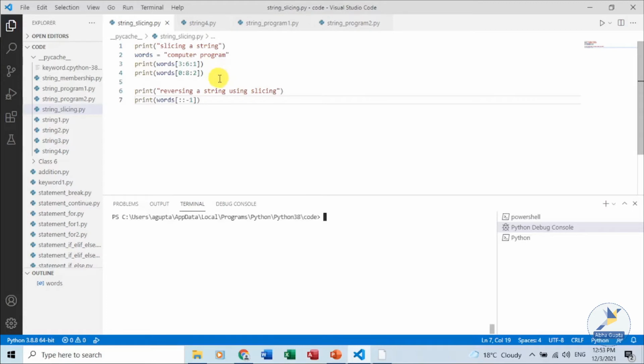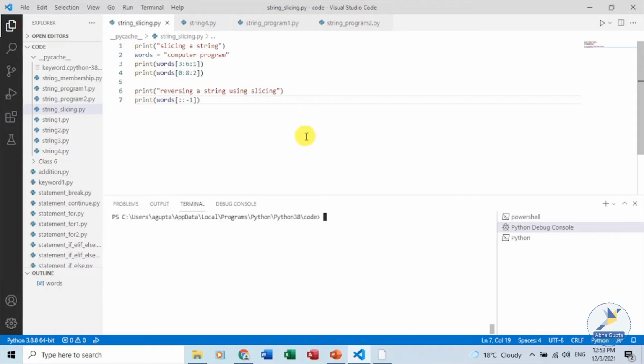In the second print statement, we have given 0 as the starting position for the extraction, and 8. So from 0 to 7 characters will be extracted, and we have given a step 2, that is, it will skip 1 character and it will give me the result.